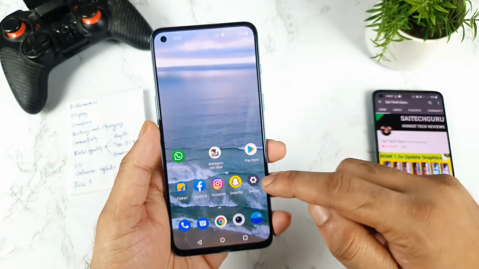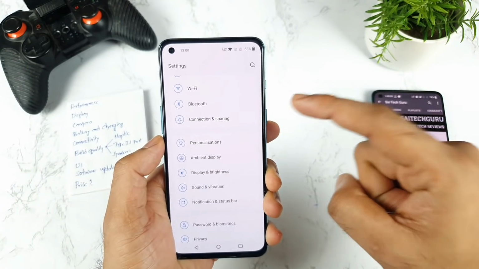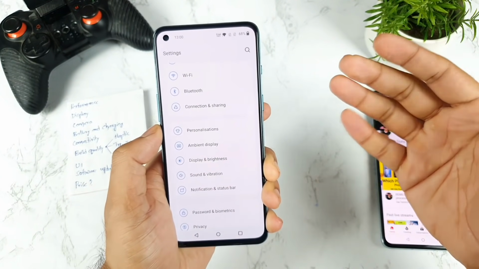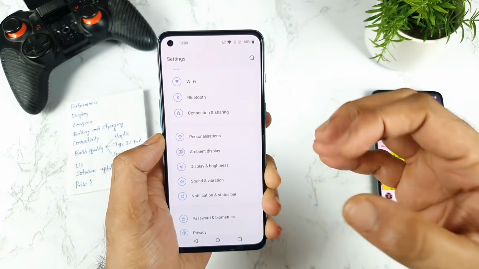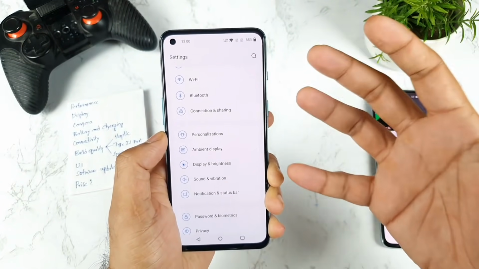Overall, in terms of the display, I'm giving it close to 4 out of 5. I'm giving 4 points because there's no high refresh rate and no high touch sampling rate, and not everyone will require them. But if you're paying 30,000 rupees, you will definitely be expecting these things as an all-round package. That is what I meant.